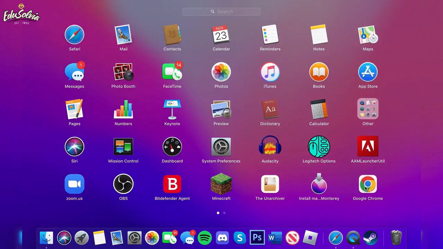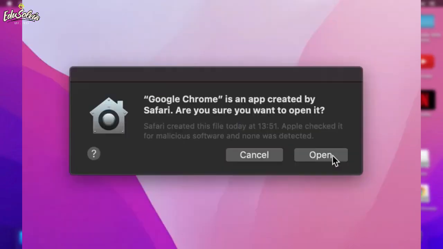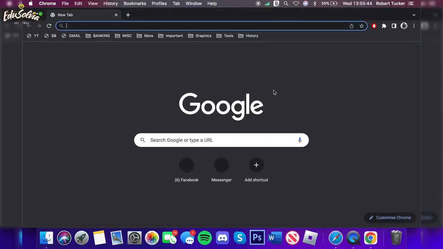You might also use the Spotlight search by clicking the magnifying glass in the top bar and typing Google Chrome. The first time you open it, your Mac will ask you to confirm. Just click Open. Now Chrome is ready to use. You can sign into your Google account to sync bookmarks and